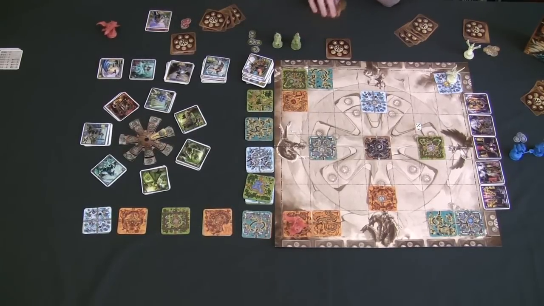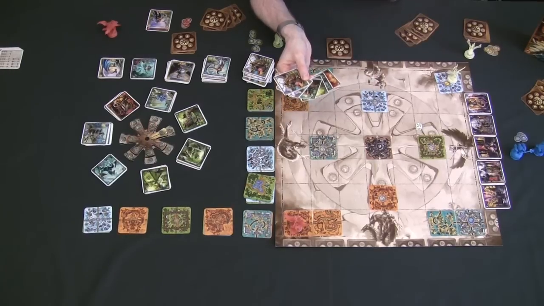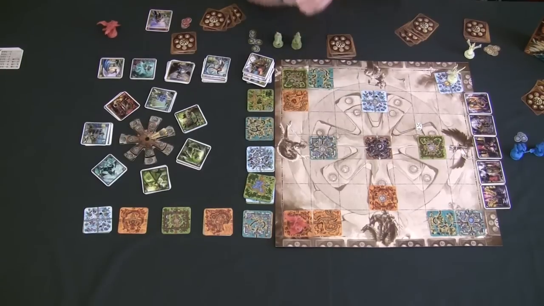We now move over to the earth player and their hand of cards. And the first thing we need to do is look for a cohort. We're going to see that we have 3 green cards, which is more than enough to form a cohort. We're going to draw 1 more card, giving us 3 supplies and 4 other cards in our hands to start